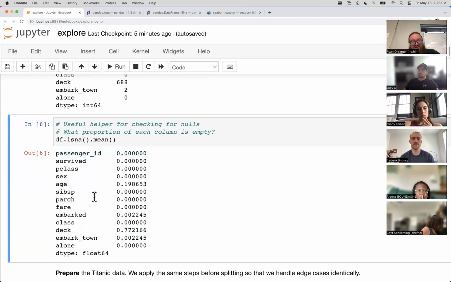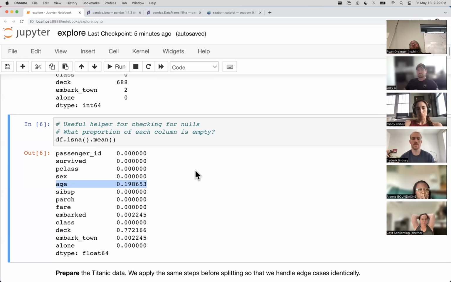This nearly 20% of the age column being missing, in an effort to race to the visualization and the statistical test, I removed the rows that had missing age. In this case, 20%, let's talk about this.